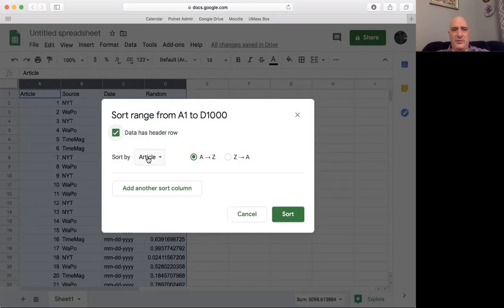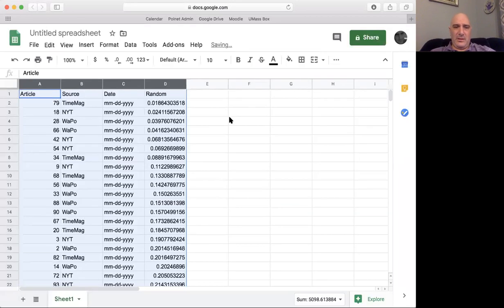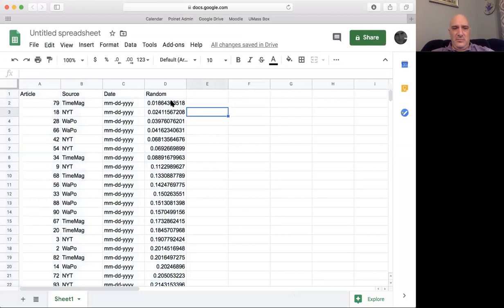and that immediately gives you a choice of whether you want article, or maybe you call it ID number, which is how it's ordered now. And what I want to sort it by is that variable I created, the random number column. So I click on that. It doesn't matter what order it's in, from smallest to largest number or vice versa. The important thing is that it's going to be used to sort all of the rows. So I hit sort, and then you can see, and normally if I didn't paste values, these would all be